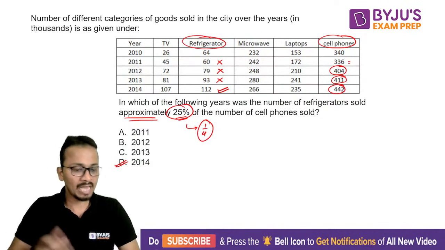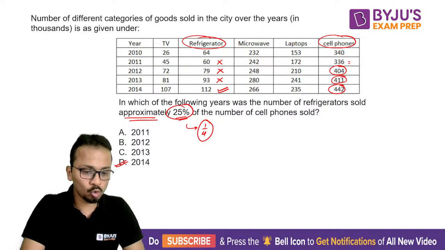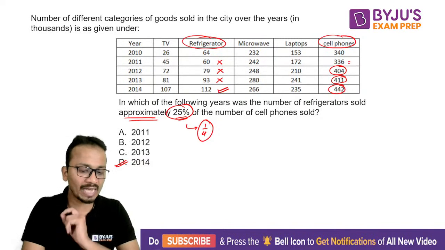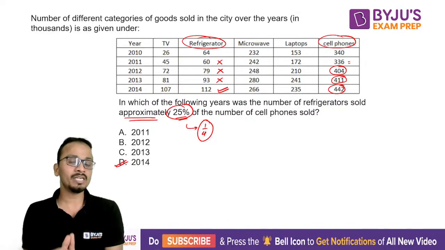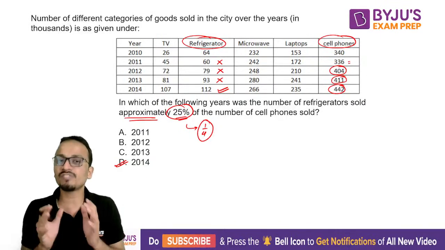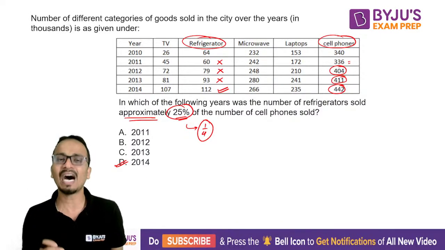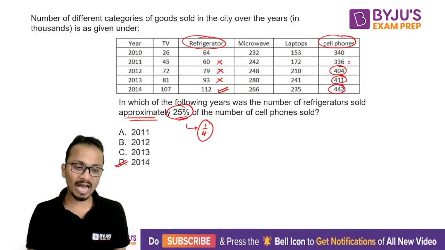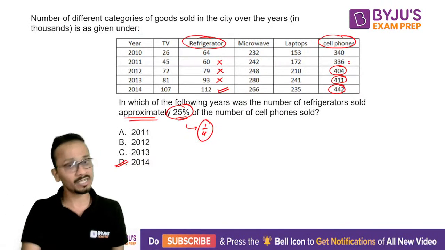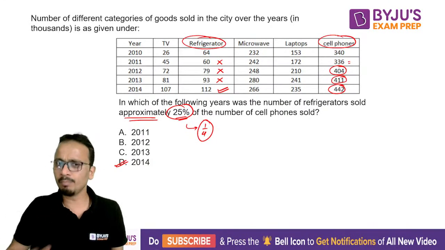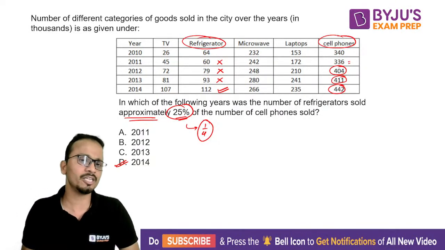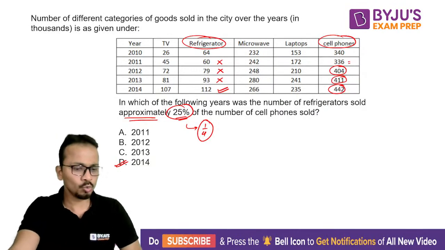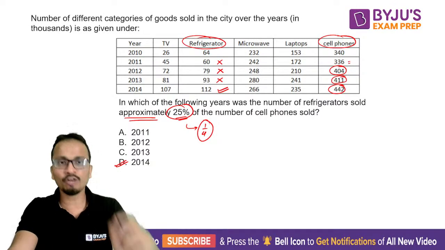And everyone who has given the answer, every one of you has given a correct answer. Wonderful people. Now it will be important that you should be able to solve such type of questions in less than half a minute. If you have solved this question in less than half a minute, wonderful. If you have taken more than that, then you still have 10 days left to improve your calculations. All right, let's move on to the second question in front of you now.